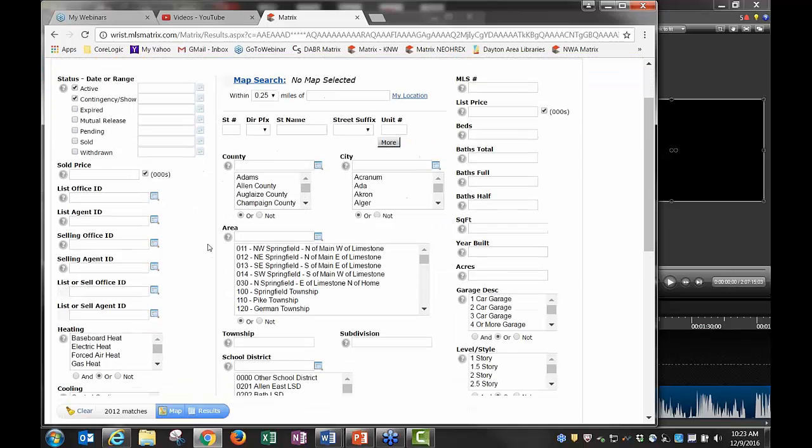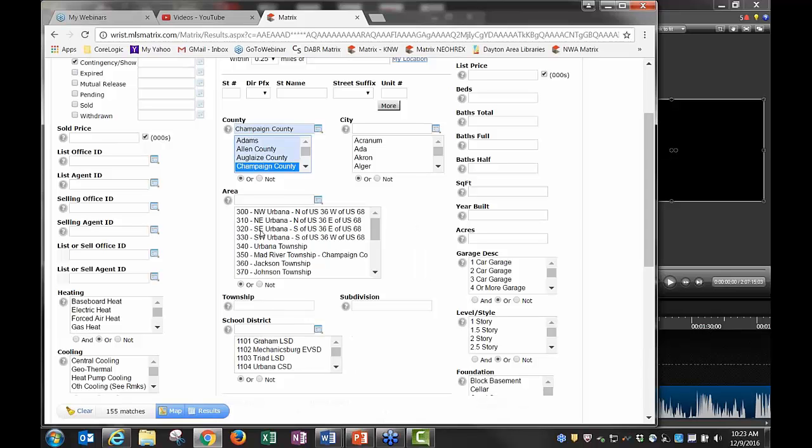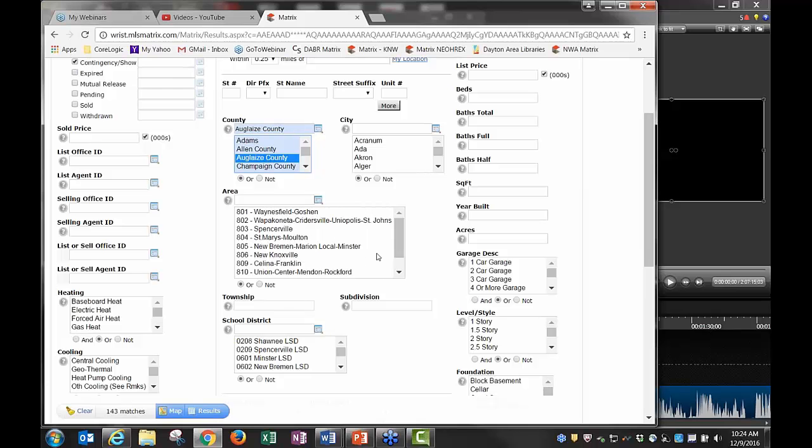If I scroll down with county, watch what happens when I pick Allen County. Watch what happens down here under area when I pick Champaign County. Notice the areas are just the 300s and the 400s. If I pick Allen County, it's just the 800s. Okay. If I go up here to